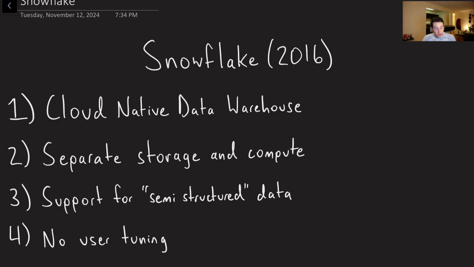Okay, so as mentioned, today we're going to be covering the Snowflake paper. Now the reason that the Snowflake paper does not have a company associated with it is because Snowflake is a company. So ultimately this paper is describing the data warehouse that they maintain for their company. Cool, so it came out in 2016, though at least according to the paper, they began developing this thing in 2012 and then kind of released it in 2015.